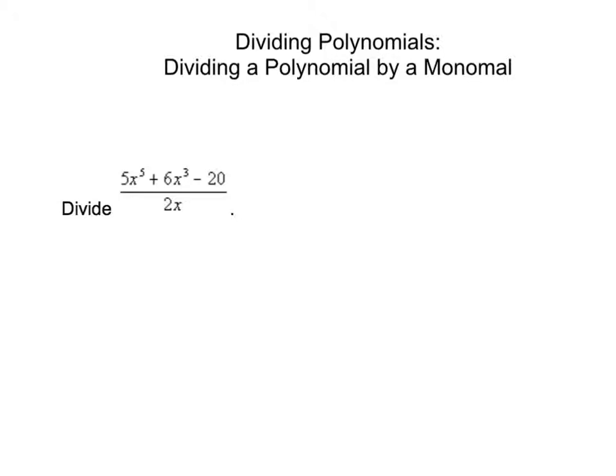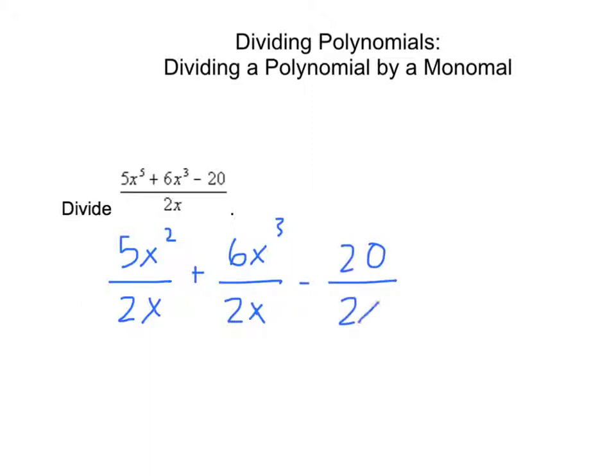Okay, dividing a polynomial by a monomial. In this problem, what we're going to do is actually separate this all the way out. So this doesn't end up being long division at all, more of an example of repeated division. If we have this sum over 2x, that means we can go ahead and separate it apart and divide each one individually. So this one is 5 halves x to the 4th, plus 6 over 2, 3x squared,